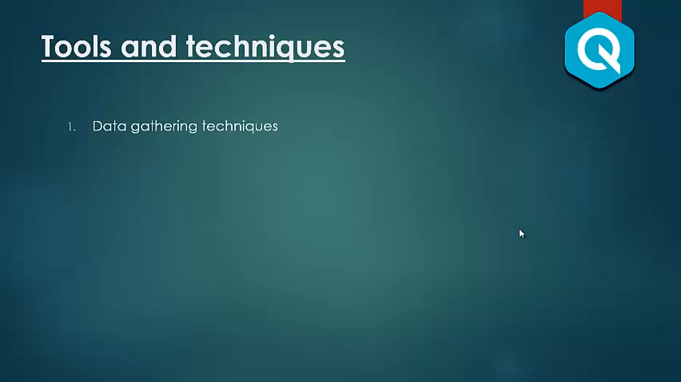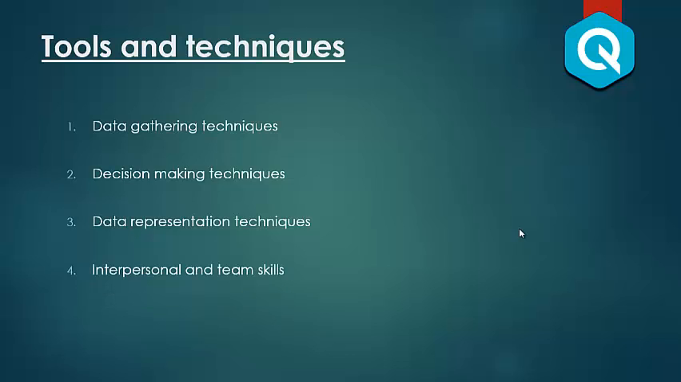One is data gathering techniques. So you gather data in many different ways. We will discuss data gathering and its different kinds of techniques in greater detail. Then decision making techniques, data representation techniques, interpersonal and team skills, context diagram and prototype. So first we will discuss data gathering techniques and what different types of technique we can use to prepare the requirement